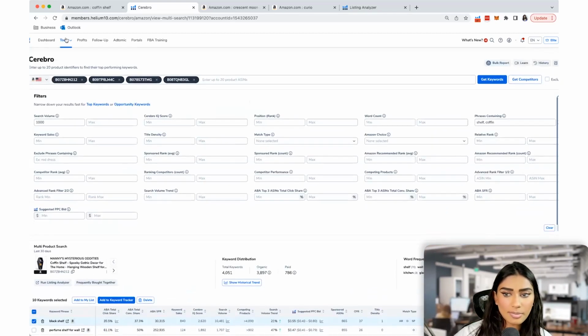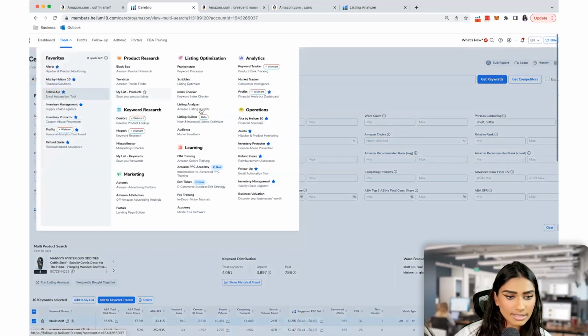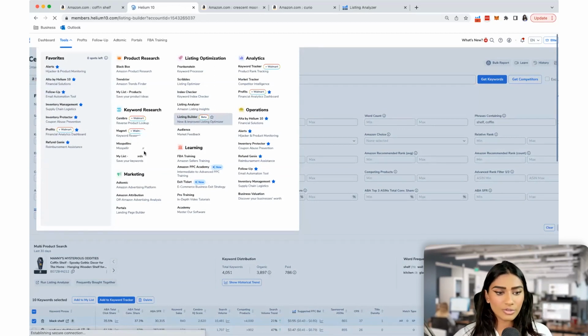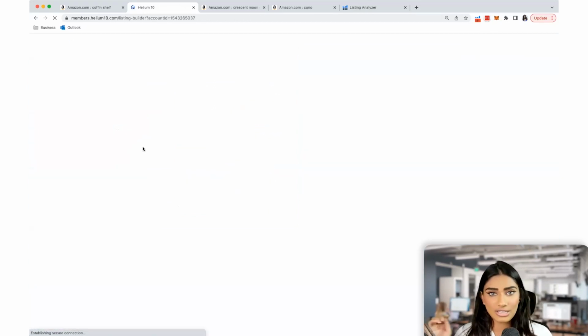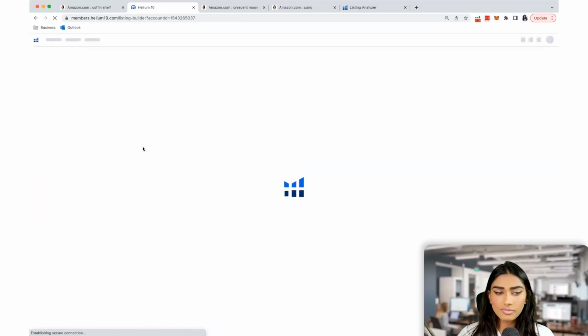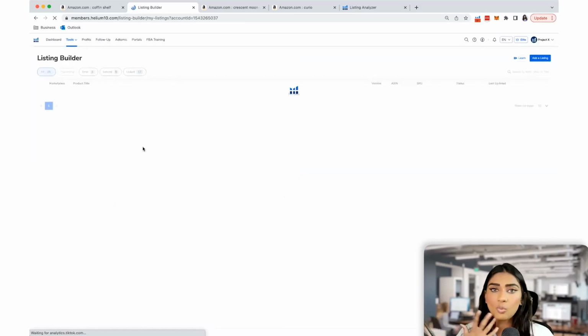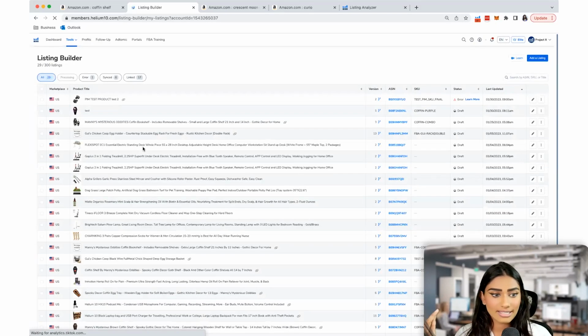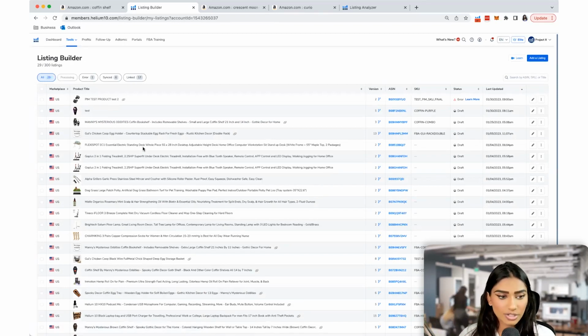All right, let's pop over to the actual keywords. So if I go into Listing Builder, you'll be able to find those keywords underneath keyword research in the My Folder section. But what's cool about Listing Builder is once you have those keywords selected, you'll be able to go into Listing Builder and actually pull directly from those folders. And that's super useful. When you go into the Listing Builder section, this is what you'll see.